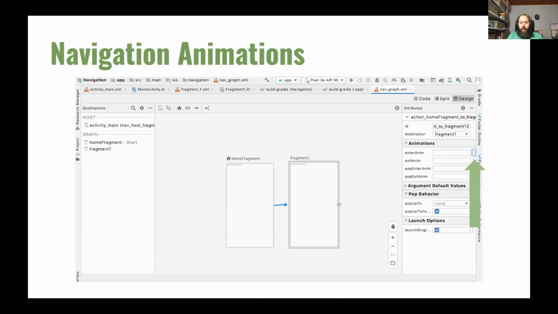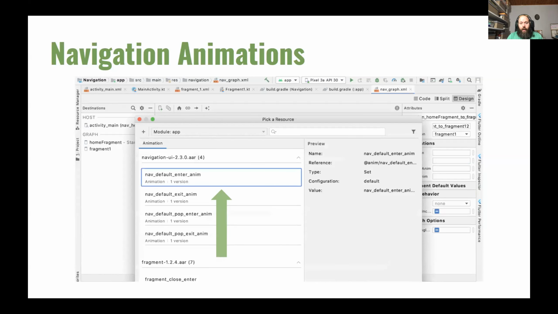Simply you click on this button, and then you can select the animation. You can select one of the existing animations, or you can simply create one by clicking on the plus button. You can even create it by code and reference it by this window or just in the animation panel.